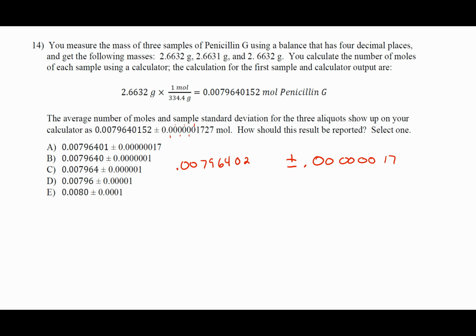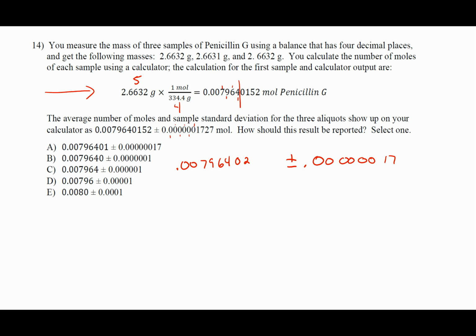0.00796402, because that 5 will have it round, right? Rule 3, are we reporting it to a higher precision than we are allowed to because of the instruments used? Well, let's find out what the precision of our instruments are. Here we have 5 significant figures. Here we have 4 significant figures, which means our answer can have 1, 2, 3, 4 significant figures, which is